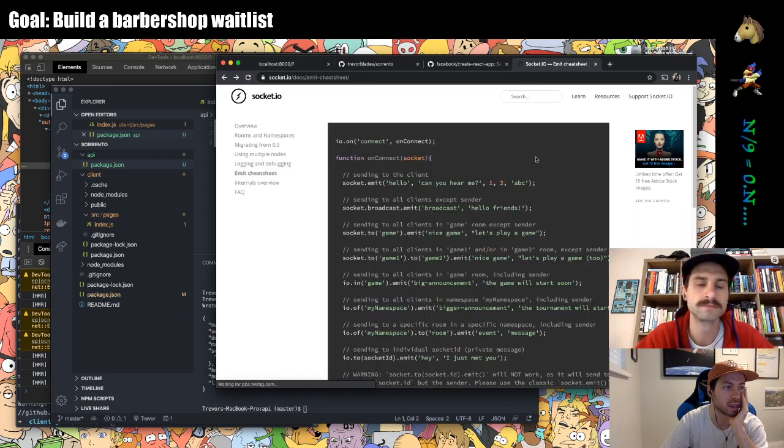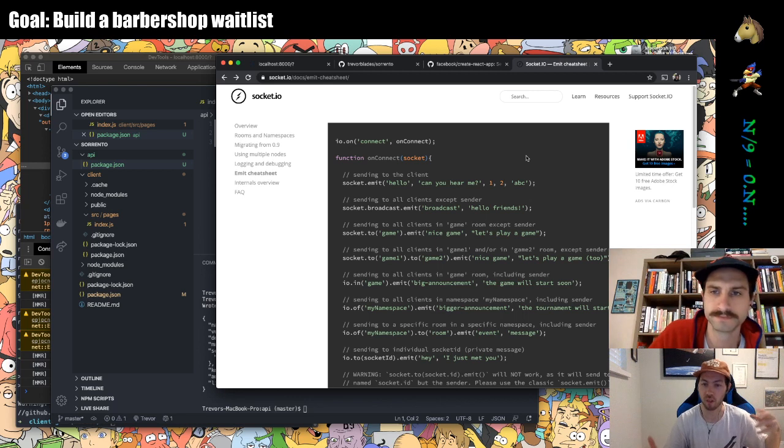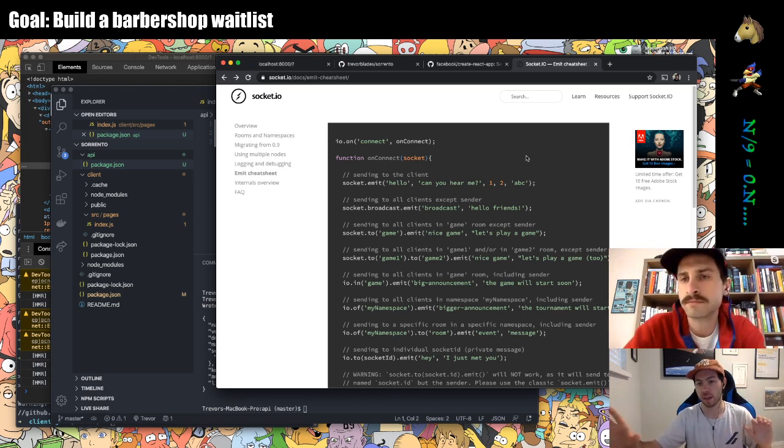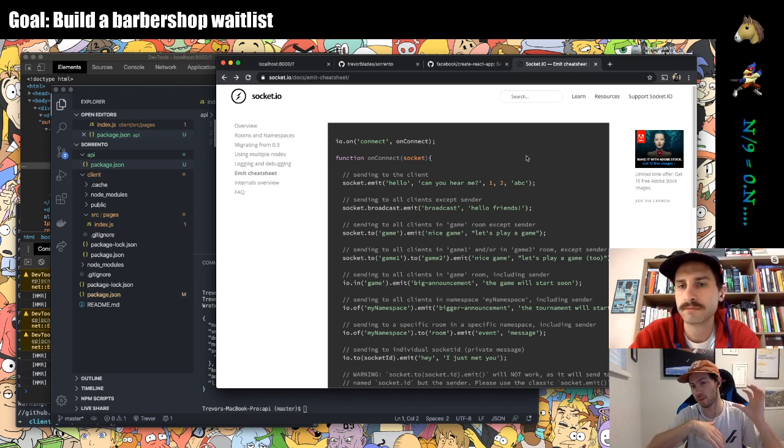Socket.io is a wrapper around this technology called WebSockets, which allows for real-time communication. Basically, the concept at a high level is you have a server that is listening for and emitting messages. When a message of a certain type comes into the server, it can respond accordingly, and the server can also emit messages. On the website side, you have some piece of software that's also listening for events coming in and broadcasting out to the server. So it's a way for these things to communicate